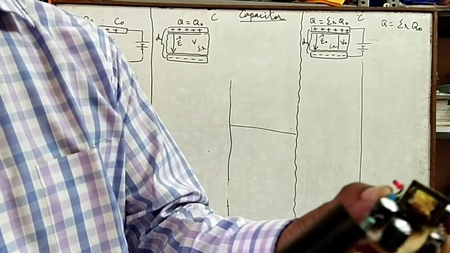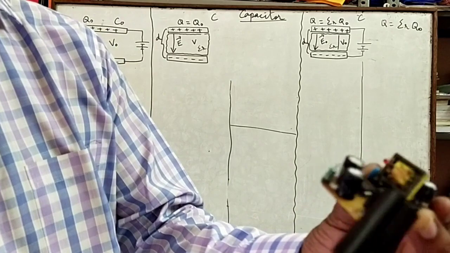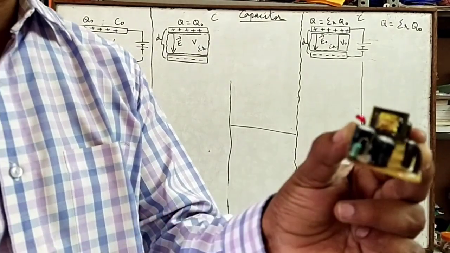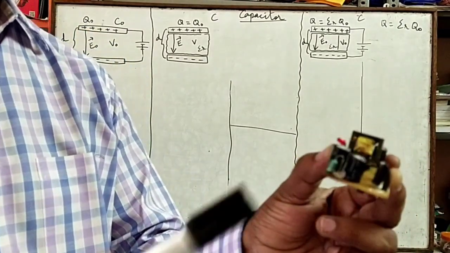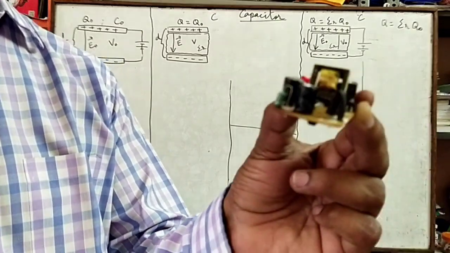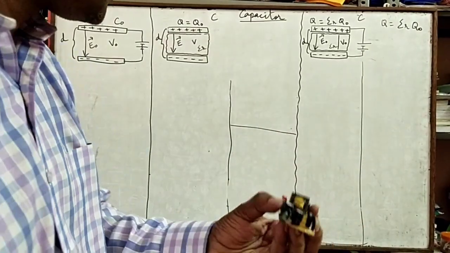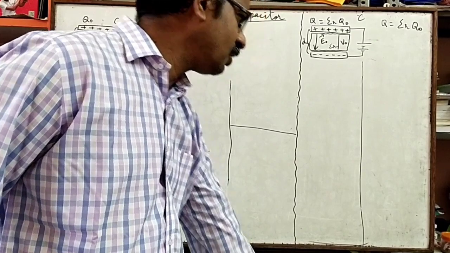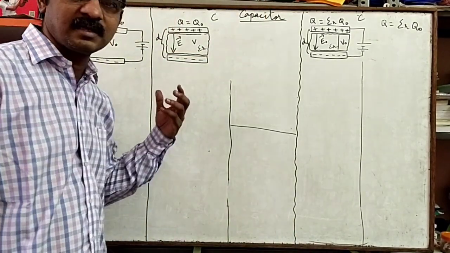These are capacitors, which are cylinder shaped. These are all capacitors. Even in a ceiling fan you could have seen a capacitor. A capacitor is an energy storage device. Now let us see how a dielectric impacts the capacitor.